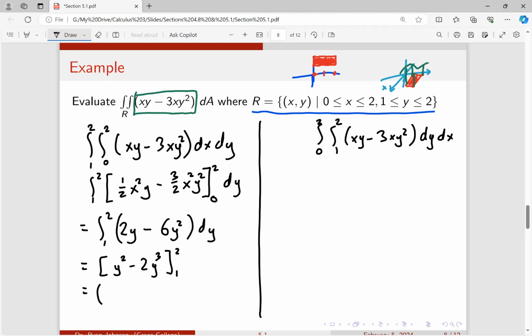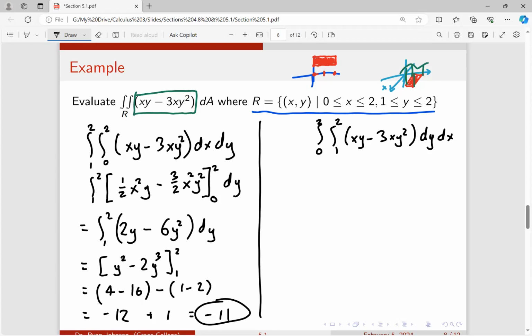That's equal to, plug in 2 for y, I get 4 minus 2 times 8 is 16, minus 1 minus 2. So that's negative 12 plus 1. That's negative 11. So my answer is negative 11,